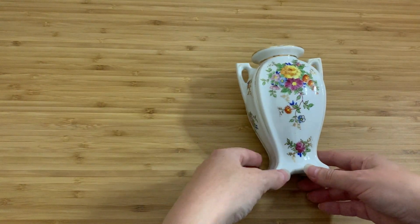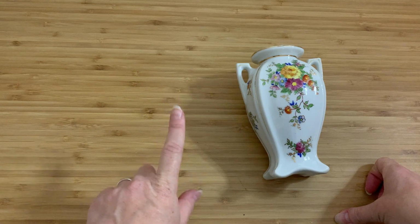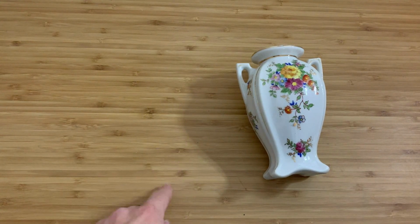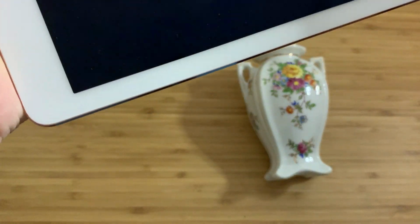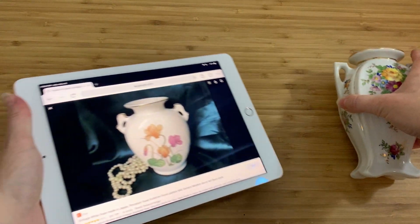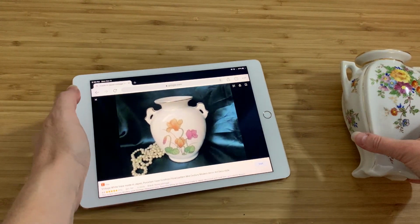But what exactly is it? Now, what it is is a bit of a mystery, unfortunately. I cannot nail down the manufacturer, not for lack of trying, but so far it has defeated my Google foo. So I've got some examples, okay? I did a bunch of research on